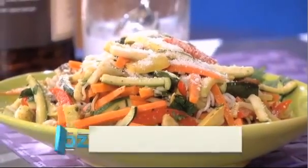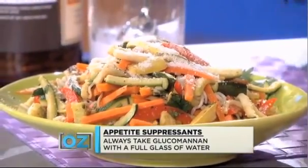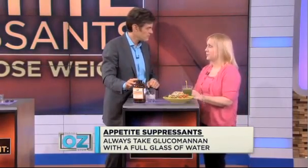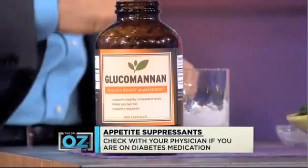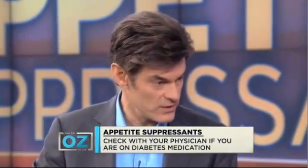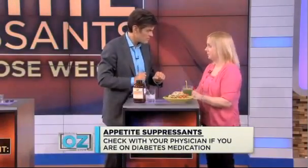I love shirataki noodles because you can eat it in place of one of your other meals. It's real food. Listen, if you don't want to get either of these 2 forms, just take the capsules. That fits into my schedule anyway. Yeah. Just put this in your purse when you go to work. And again, you take 1 gram of this 3 times a day before meals. It's simple, easy enough to do, right? Every meal you're going to take